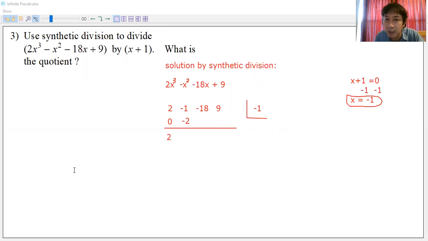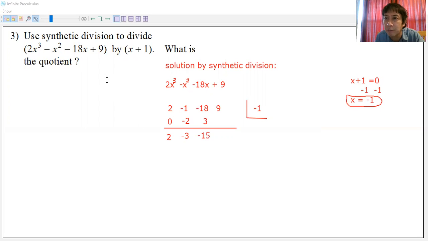Next step is addition again. So the negative 1 and the negative 2 results to negative 3. So it will be a negative 3 here. And then the next product is negative 3 and the trial divisor negative 1 results to a positive 3. Positive 3 is written to the next column below the negative 18. So this will be a product of positive 3 there. And then addition again, resulting to negative 15. And that will be at the bottom. So you have to write there negative 15.